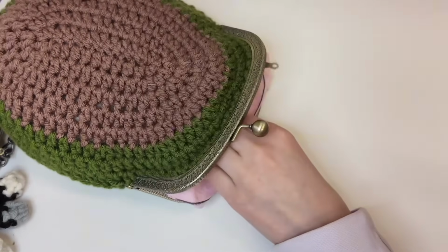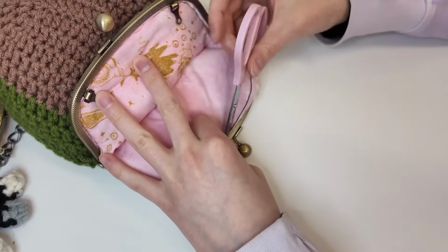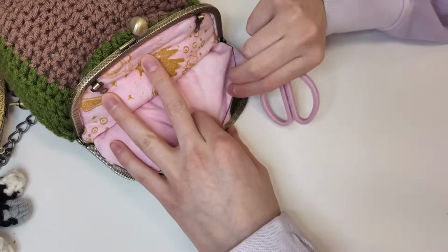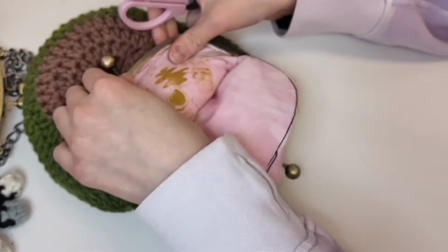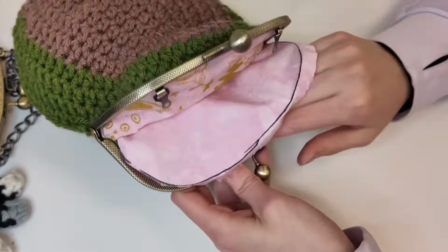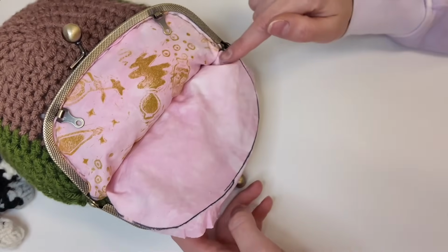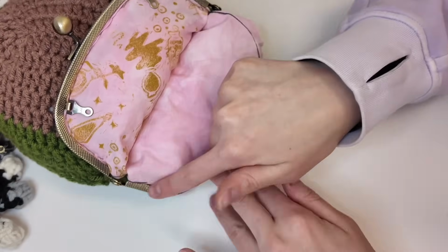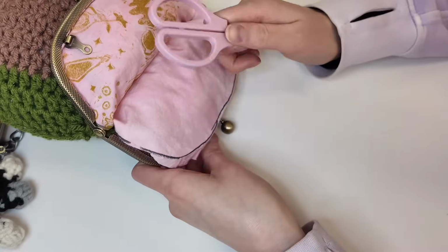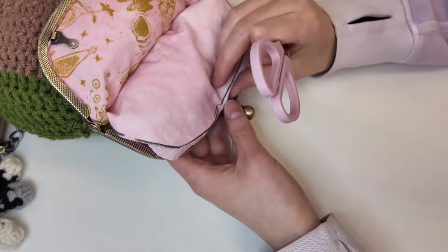I'm going to stuff the lining into, jeez Louise, okay, well that's going to be irritating. Stuff the lining under the lip again, and then, oh, this is going to be a rough go. I'm just going to do the exact same thing as I did on the top side. I'm going to start in the corner, sew all the way over here, and then go all the way back, slowly stuffing this under. The top one is always a bit more difficult just because you have a little less room to work with, but